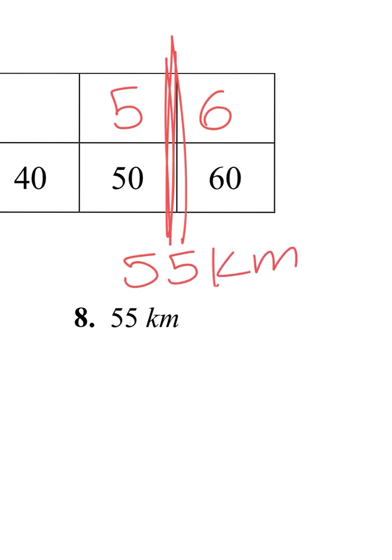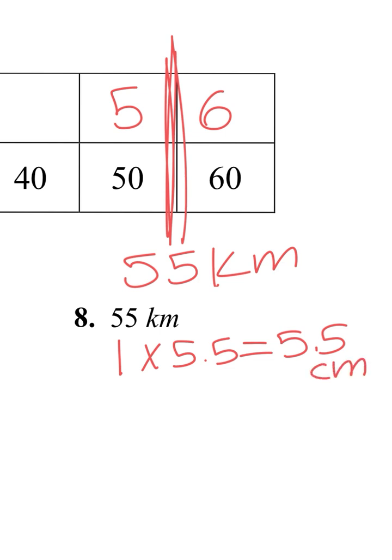Okay. And if we remember our conversion rate, which is 1 to 10, if I go 1 times 5, that gives me 5. And if I go 1 times 6, that gives me 6. So if I go 1 times what's right in between 5 and 6, 5.5, I get 5.5 centimeters